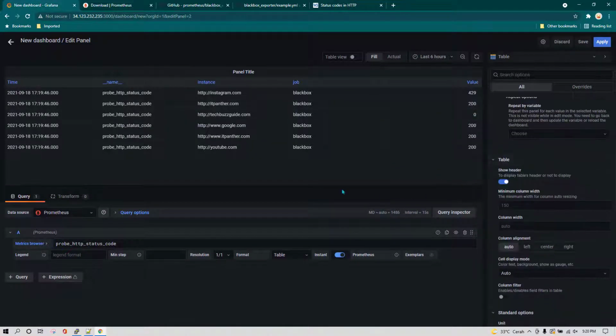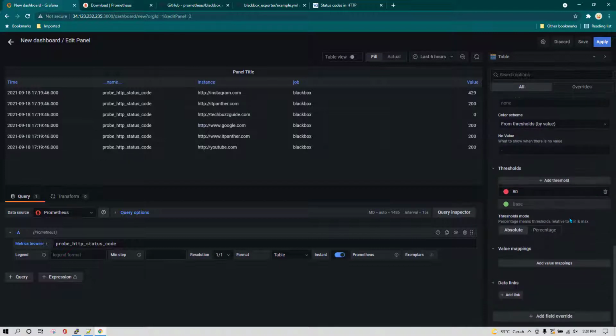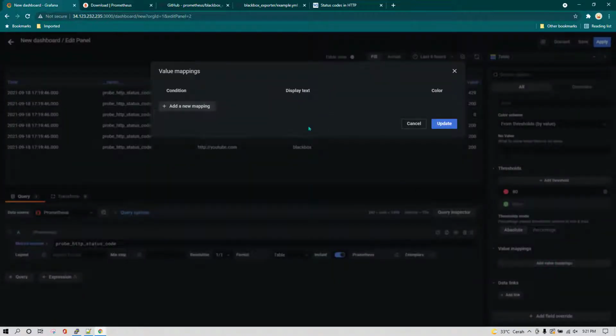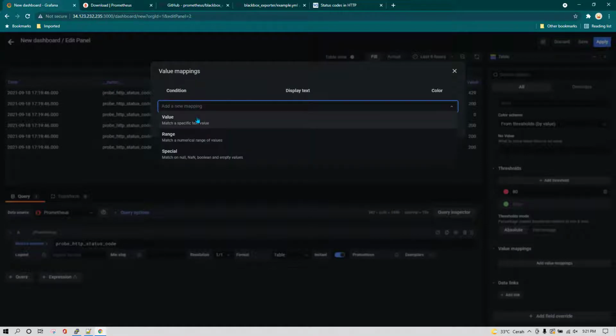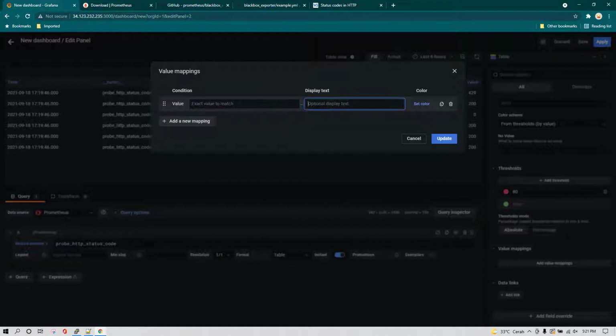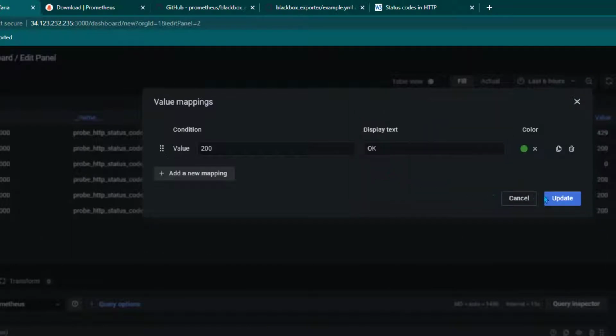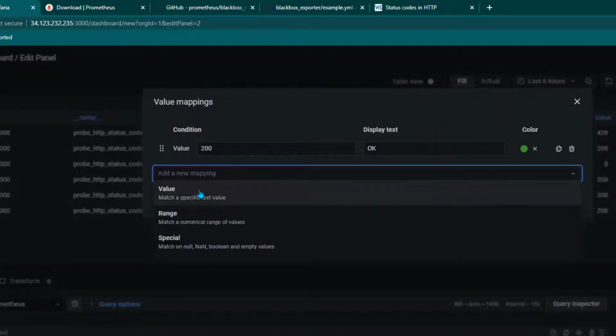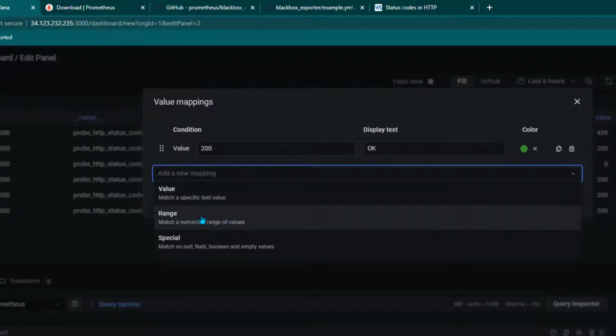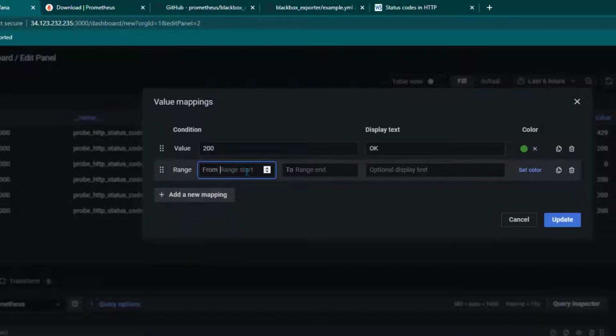So what we can do is, on the right hand side, if you scroll down, there is an option called value mapping. So we are going to map this value, and we are going to say when the value is equal to 200, it means it is okay. And when it is okay, I want to change the color to green, so we are just going to select green here, and then we are going to add a new value mapping, and in this we are going to specify a range. So we want anything between 0 to 199 to be shown as not okay,